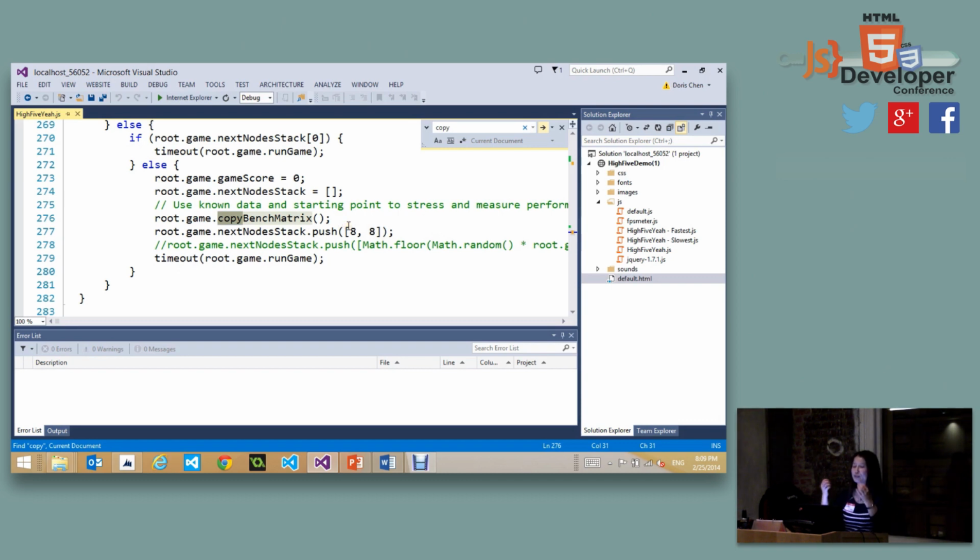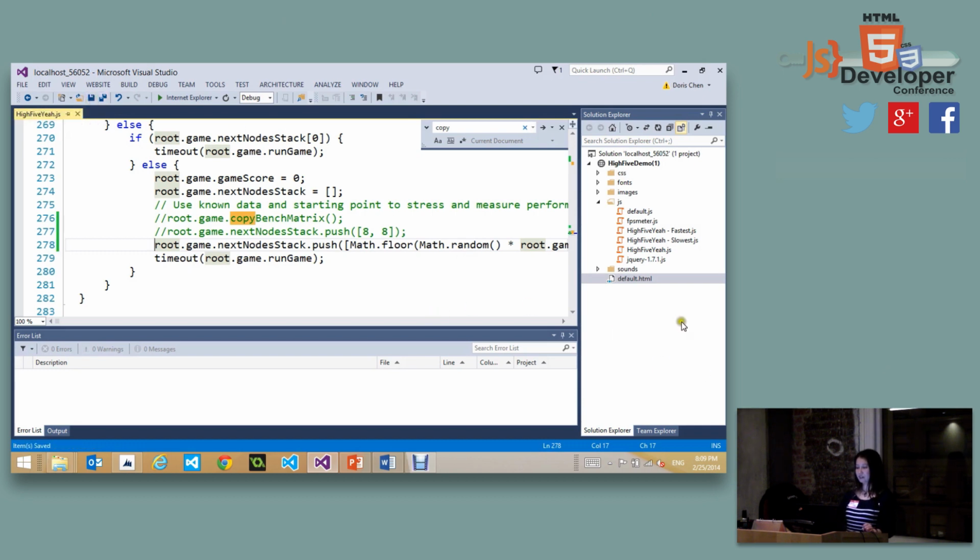You don't want to purposely create a node at a particular point. In real life, you don't do that. But in performance tests, you need to do that. So I just do a very quick fix here. I comment out my benchmark data and leave it to use a random generator for all the matrix and all the rotation. That's what I do. Okay, so let's see if it will help.